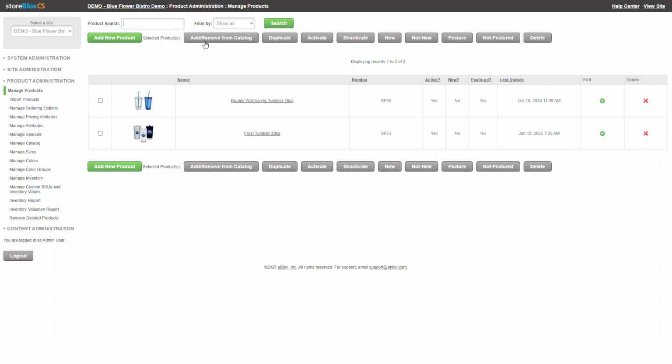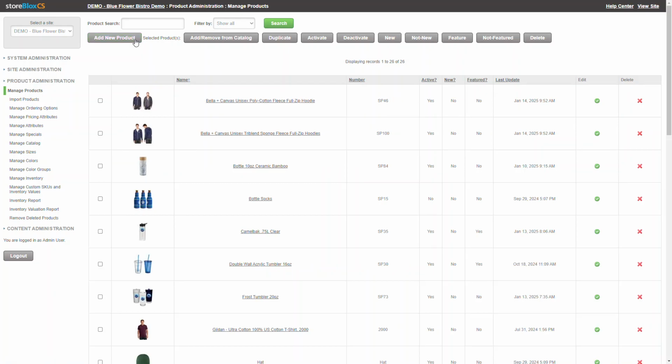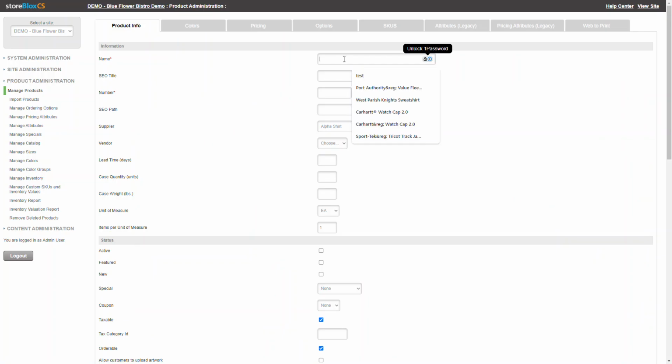I've got a default here for Tumbler. If I search, it's going to give me a complete listing of all products. Then I can go ahead and hit Add New Product, and then I can just give it a product name. The Product Info tab is what shows up first, but in this case, I'm going to give it a simple